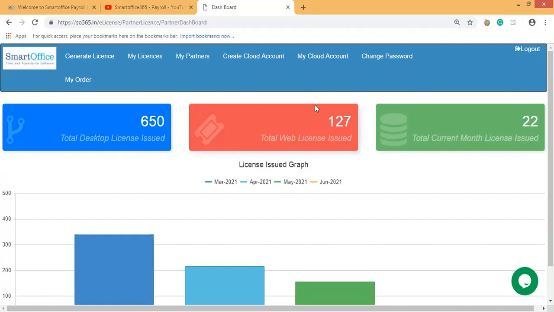Whenever you register, after registering, it has to be authenticated. I'll include the steps of how the authentication process is done. Once you register, the Smart Office team will automatically receive the notification of your details. Later, we send them a response for authentication purposes, with their full details, to check whether they are really authenticated dealers.